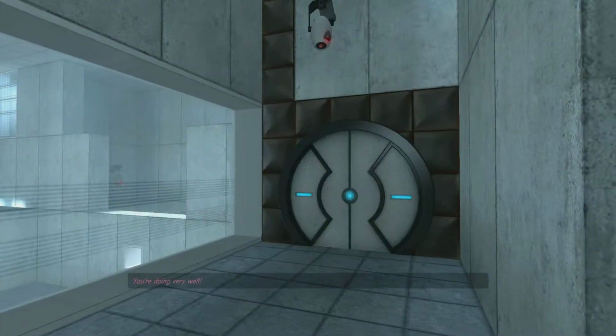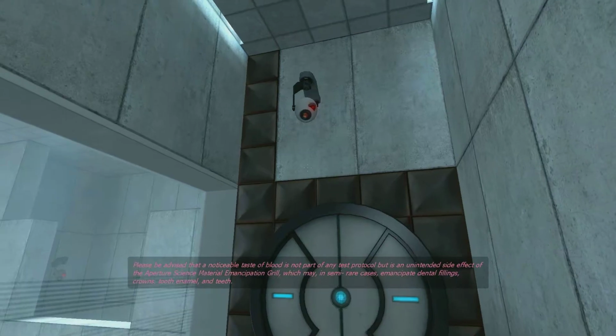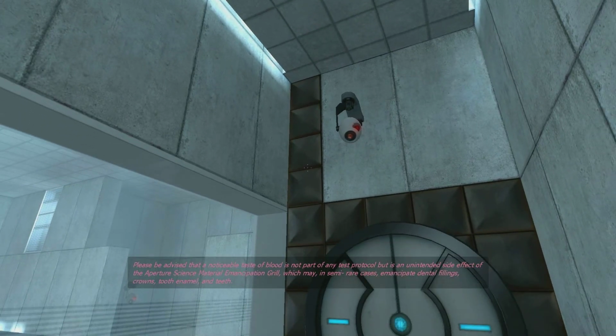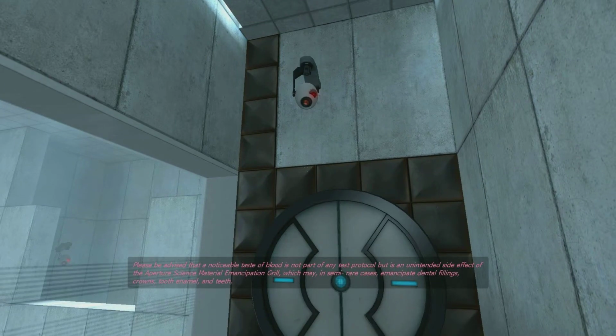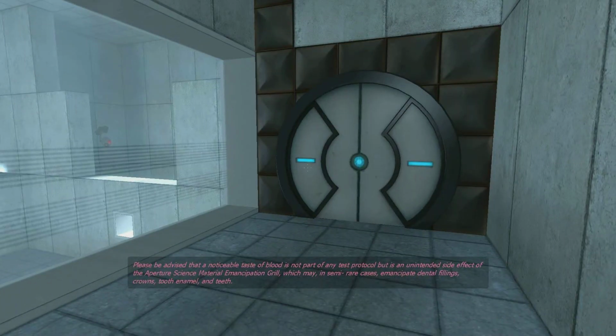Strange. Right. You're doing very well. Please be advised that a noticeable taste of blood is not part of any test protocol, but is an unintended side effect of the Aperture Science Material Emancipation Grip, which may, in semi-rare cases, emancipate dental fillings, crowns, tooth enamel,